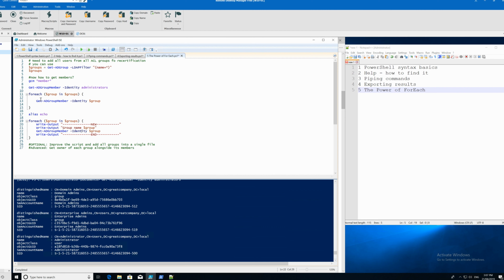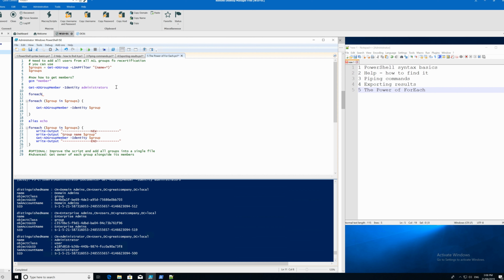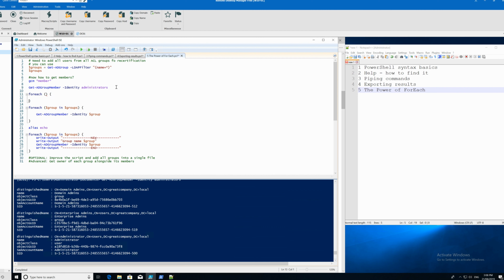But now what if I want all the members of all of the groups? So here is where foreach comes in very handy. So foreach by default is essentially foreach, and then you've got brackets and curly brackets where your command actually lies. So the way it works is if you tried PowerShell basics or any other languages, you know there's a foreach loop. So you've got item in items